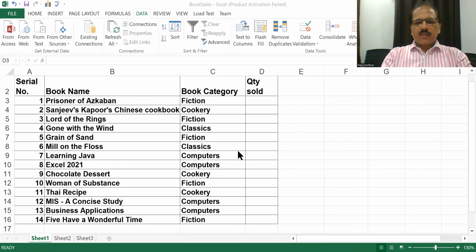Today, I'll be discussing yet another topic of advanced Excel called data validation. The data validation feature of Microsoft Excel allows you to create certain rules that dictate what can be entered into a cell. For example, you may want to limit the data entry in a particular cell or group of cells to a number ranging from 10 to 100. If a user tries to enter an invalid value, you can display a custom error message